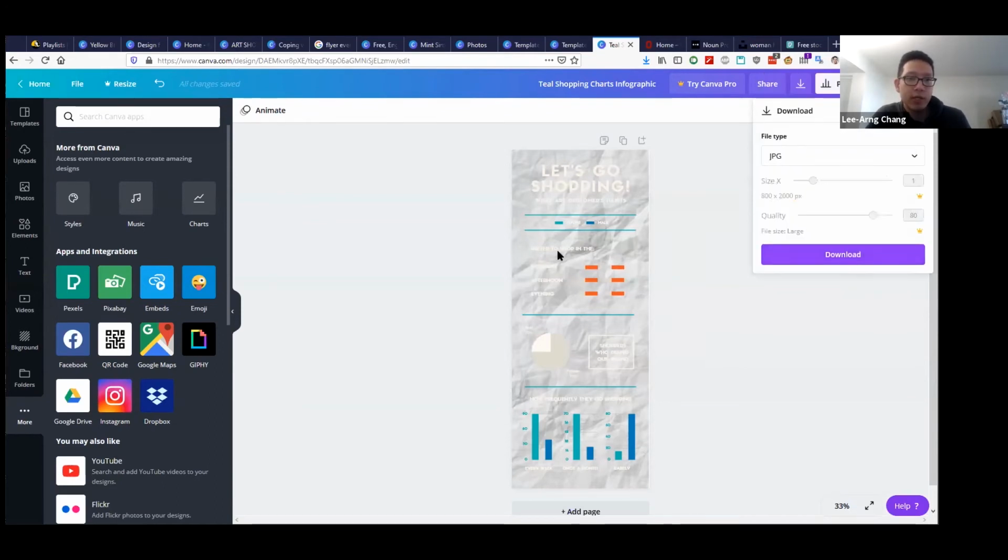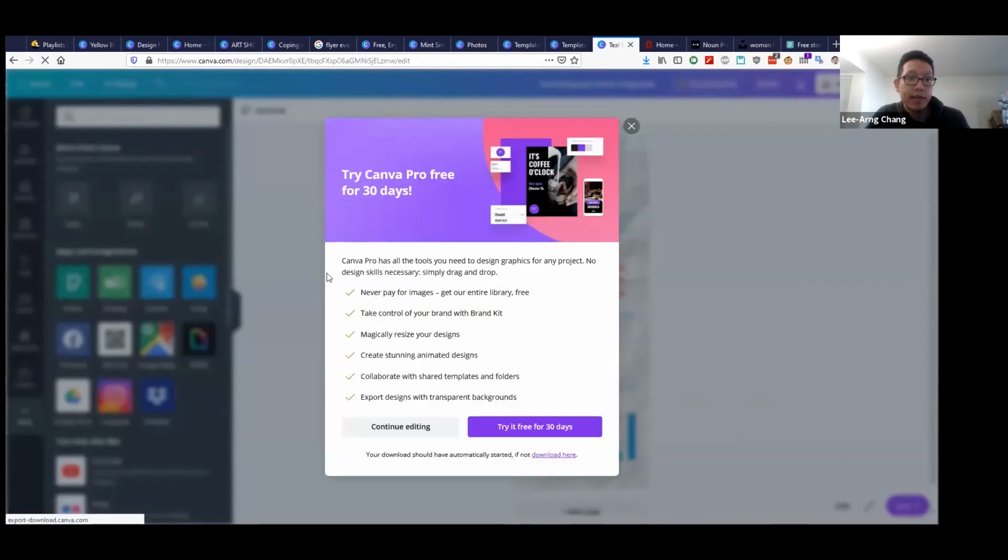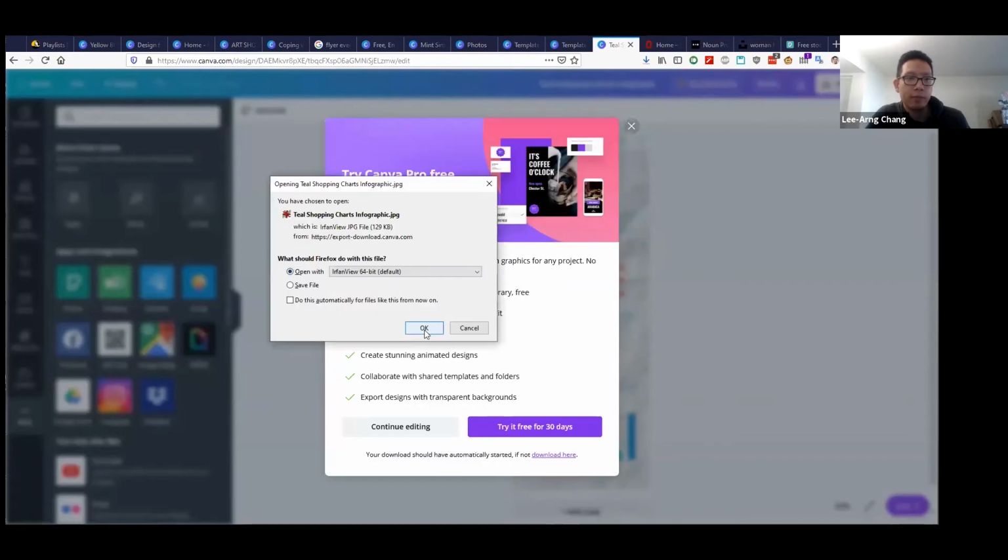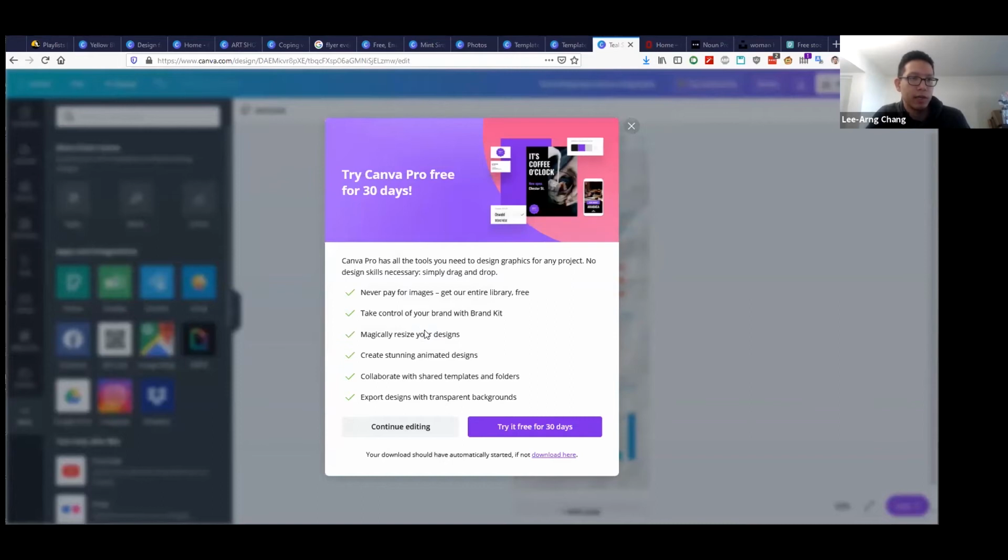And I would just download it like this. And so it'll save it onto my computer. I'm just going to open it up and this is what it would look like. So I can definitely save out these assets, these graphics, as JPEGs, PNGs. PNGs you would use if you have any transparency in whatever you're creating, or PDFs. So there are a couple options here to export these and then utilize them in other tools like PowerPoint.